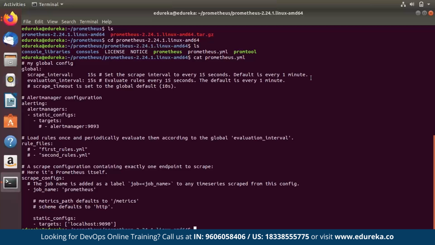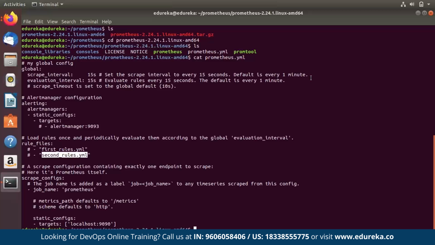And you can see by default, it is currently active on the 9090 port. Okay. And by default, a scrape configuration containing exactly one endpoint to scrape is given. That is the Prometheus itself, right? As I've already mentioned before, Prometheus is a tool or an application that will scrape out metrics from different applications. But by default, right now, we have the Prometheus itself to be scraped, and that is currently present on the port number 9090. So I hope that is clear.